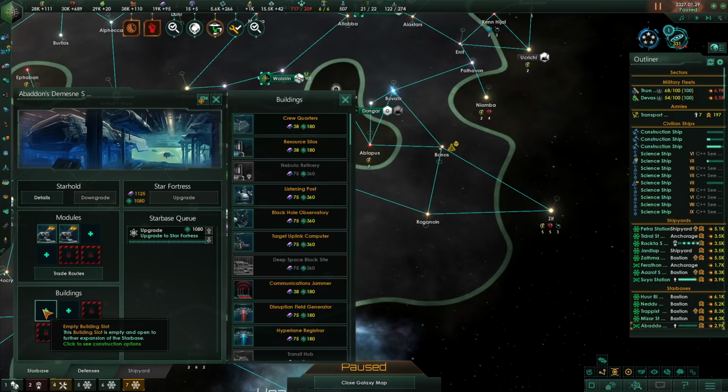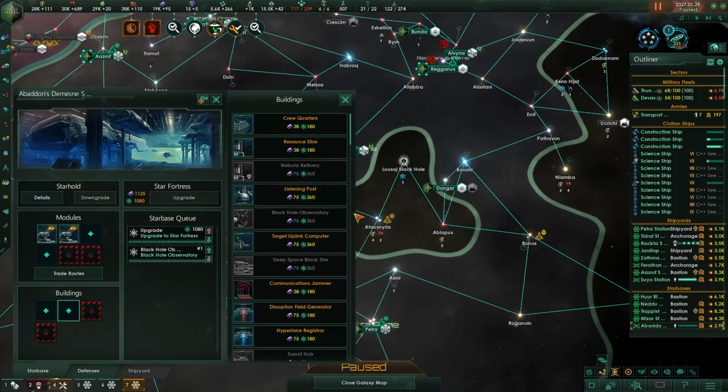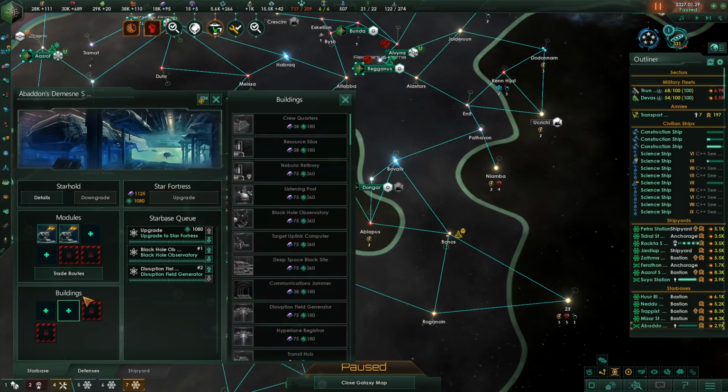Yeah. I think we'll end up doing the same thing. Black hole observatory if you can. Are the Elgates always around black holes? I don't know if I'd noticed that. And then we'll build some more once...